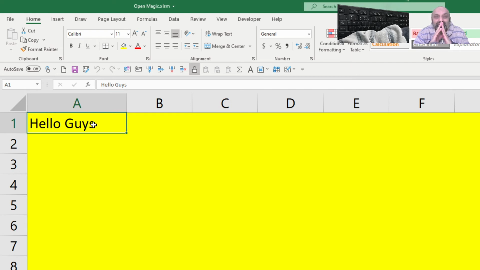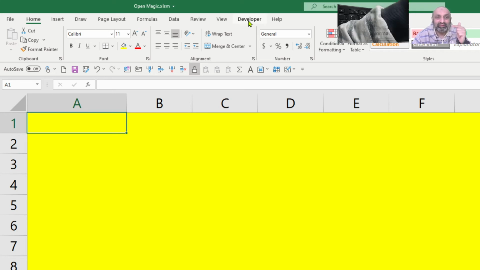Why is this "hello guys" appearing again and again? We have tried so many times. Yes, you're right. This is some code. And what is the code doing? This code is executing at the time of opening of the workbook.